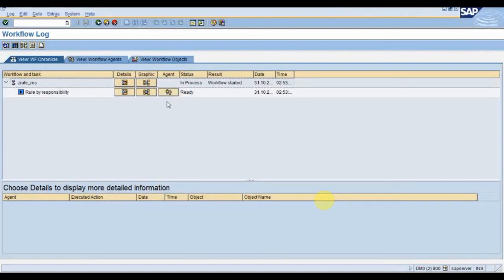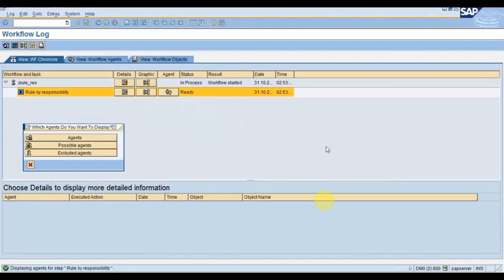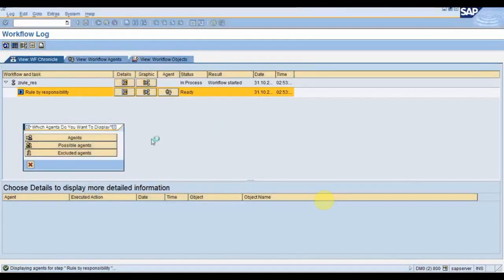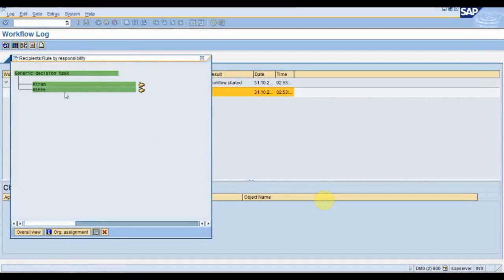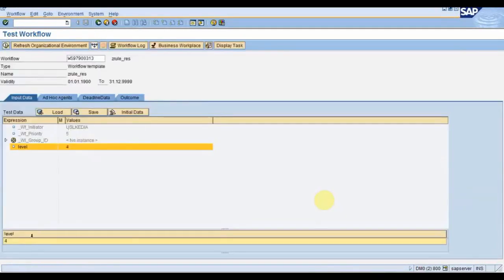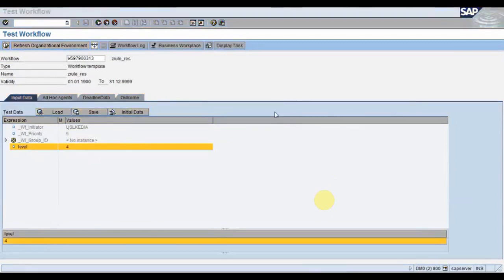Yes, Ramana? Yeah, Kumar K and Priyanka. Absolutely correct. So this rule will return the agents Kumar K and Priyanka. So we have provided this level value from outside, that is from workflow. So if you have, suppose, company code, then you can just give the company code value.